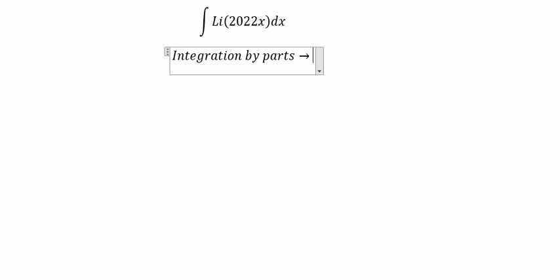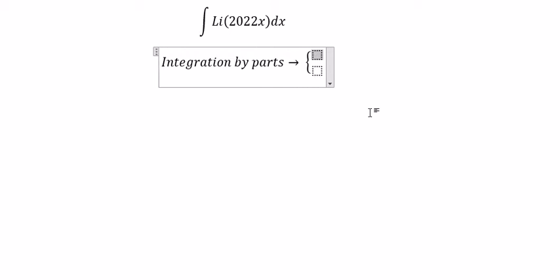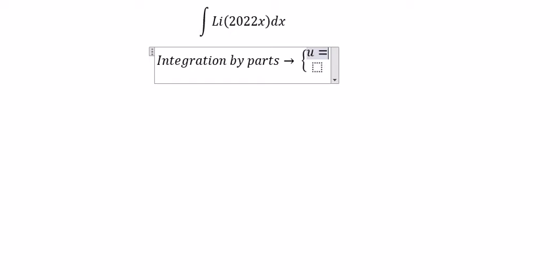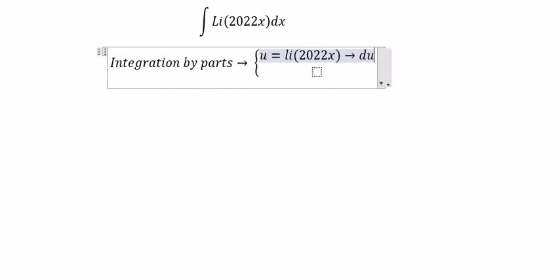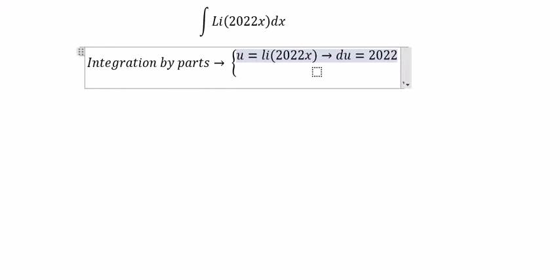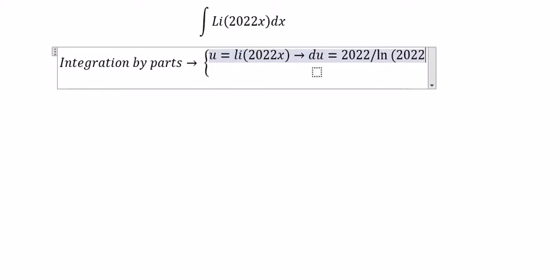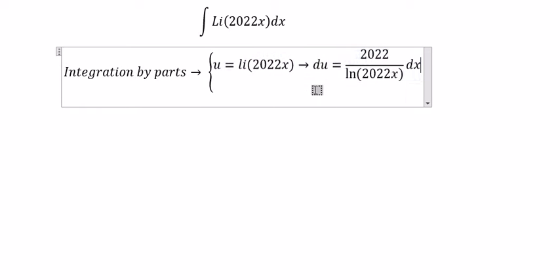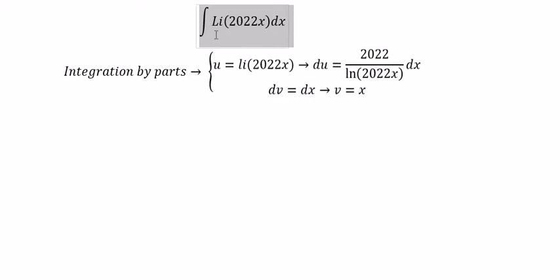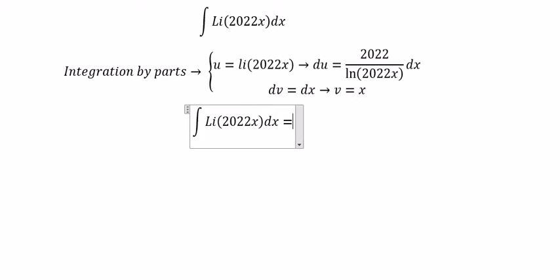So we need to use u equal to log 2022 s, du we got about 2022 over ln 2022 s ds, dv we got about ds, so you got v equals s. So we got u multiplied with v,